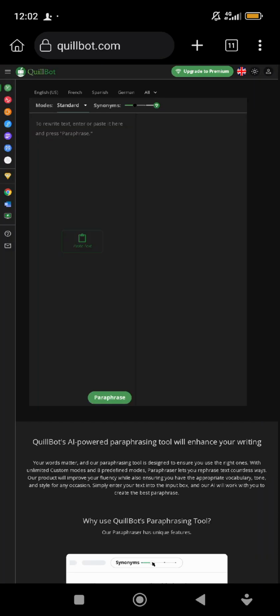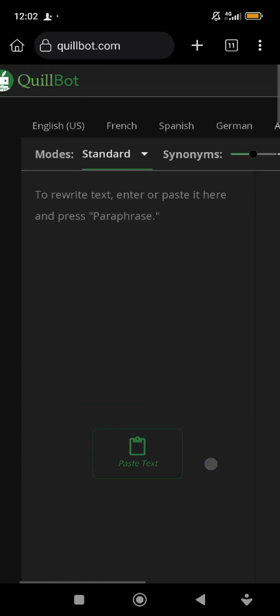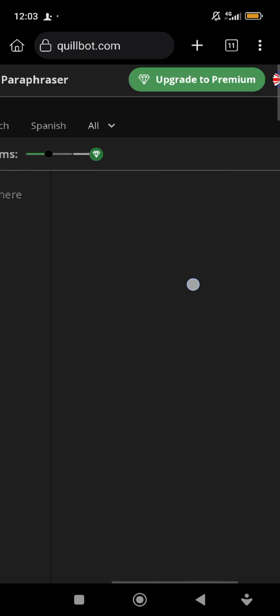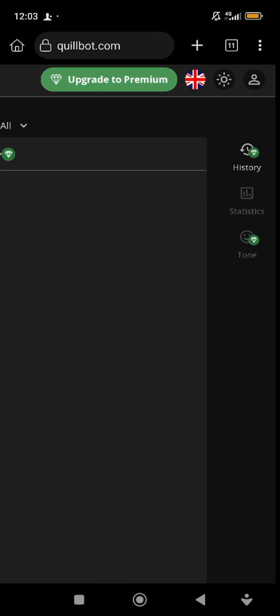You can see now that I've logged out, it's showing me QBot, no longer QBot Premium. It's showing me only QBot. Okay. So let me log in again. I'll click here.